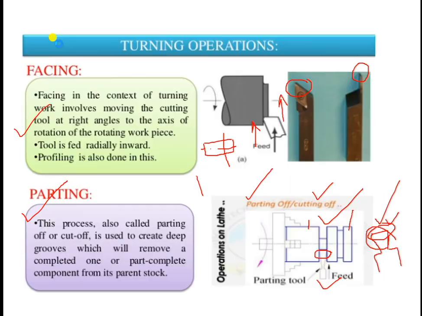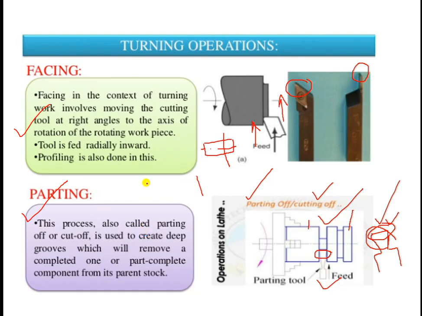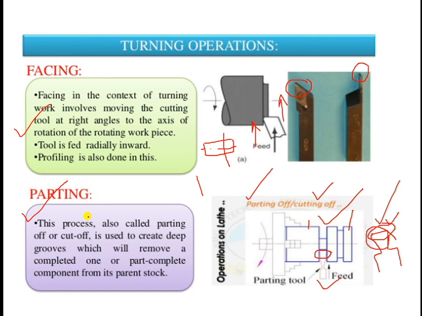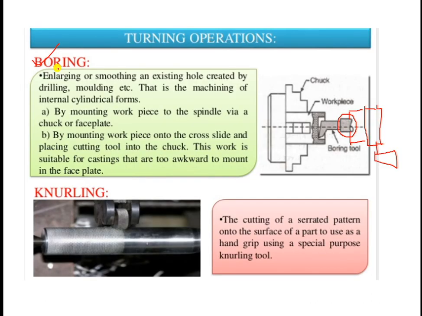Now here in this case, the cylindrical raw material will be converted. If its length will be reduced, then we are going to use facing. If its diameter will be reduced as per the requirement of the drawing, it will be turning, plain turning. Then parting, if we want to convert it into two parts, or having a certain kind of depth of any kind of shape, then it will be grooving.